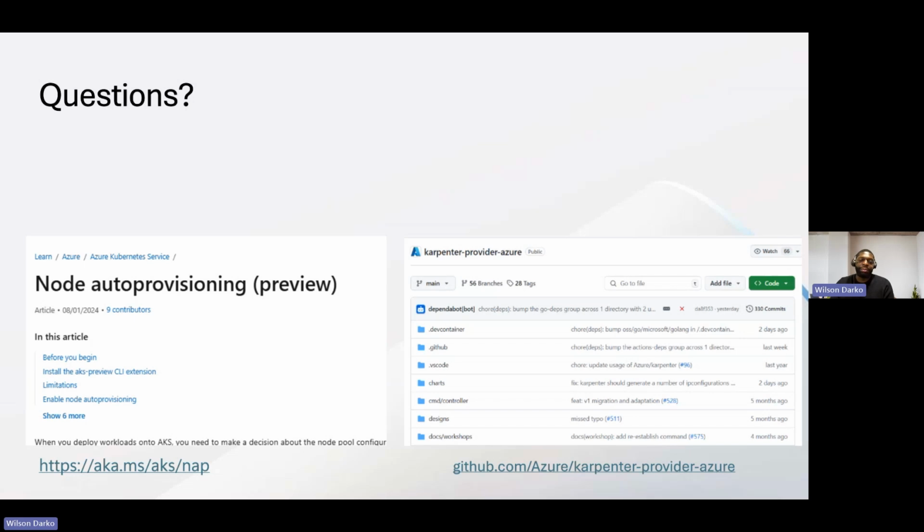In addition to that, just from a networking standpoint, right now in preview, which NAP currently is, previously in preview, love the alliteration there, right? Previously in preview, we had some CNI limitations for specifically Azure CNI overlay with Cilium, but we've recently expanded that to any Azure CNI setup, with the exception of Calico policies.